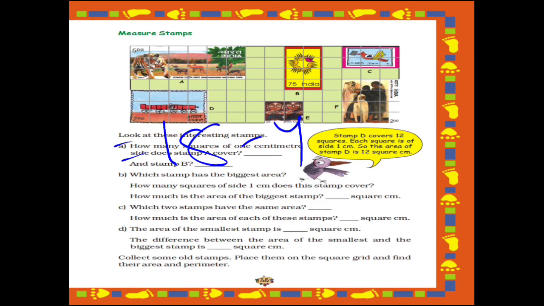The solution, the way I have told you, you have to write in a notebook. So I hope all these things are clear to you all. I hope what area is is clear to you, and how you are going to find the area of the given stamps. I have also told you the formula for finding the area of a rectangle as well as the formula for finding a square, right? So this thing you have to remember. Now in our next class we will see what is given ahead in our textbook. So for today this much only. Thank you so much.